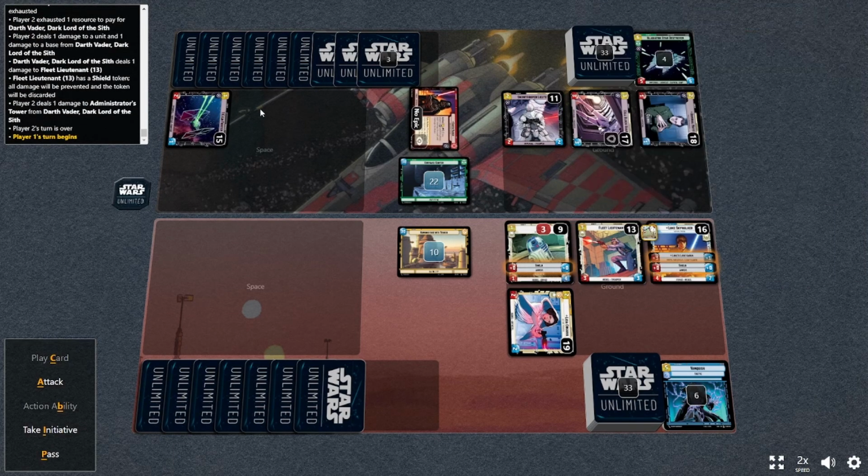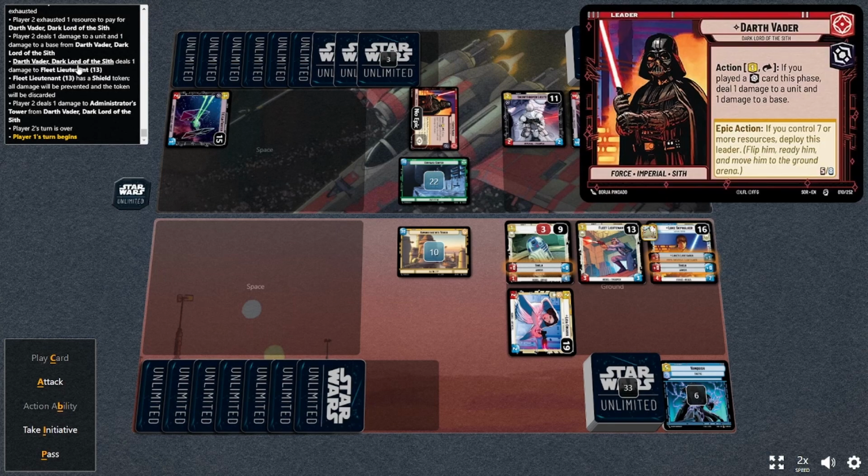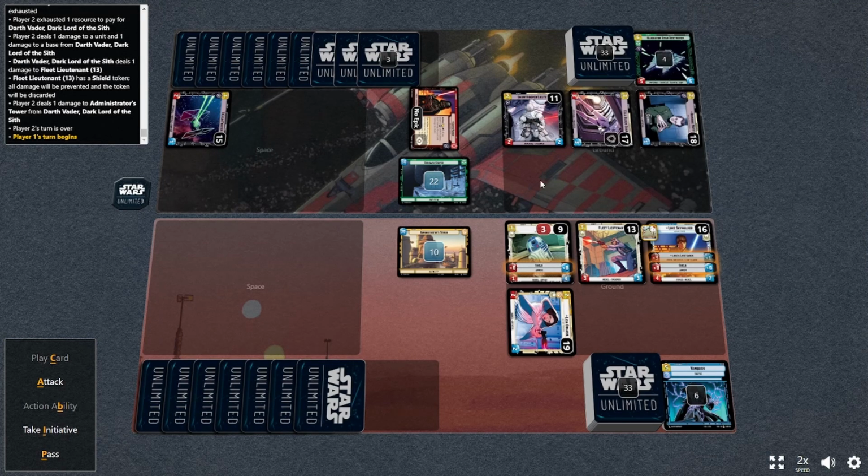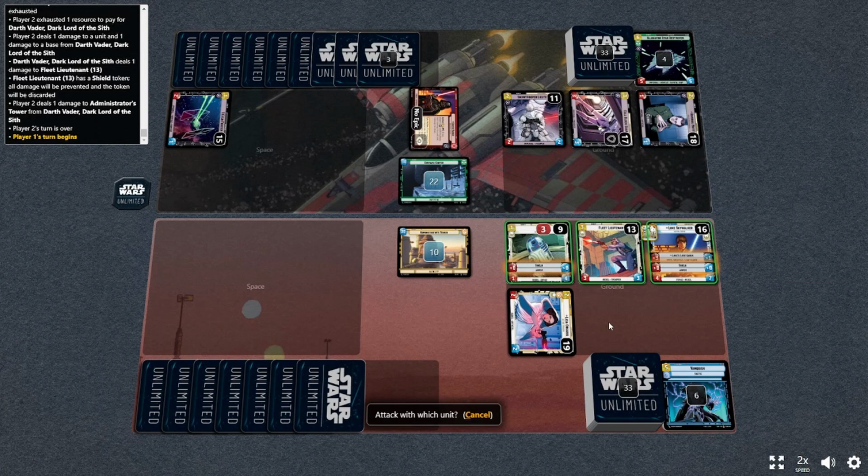So he activated Vader's ability. He dealt 1 damage to this, which I think had a shield. Yep, it had a shield on it. And then 1 damage to my base. Okay, but we're going now to...